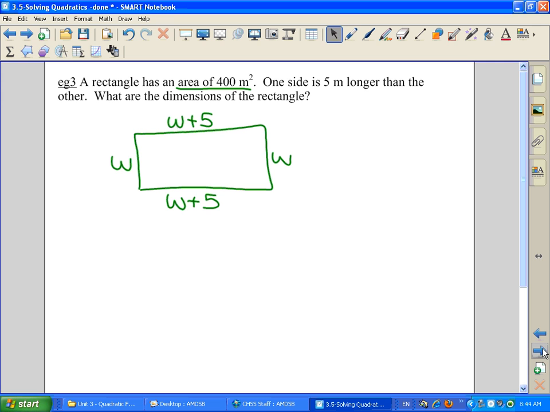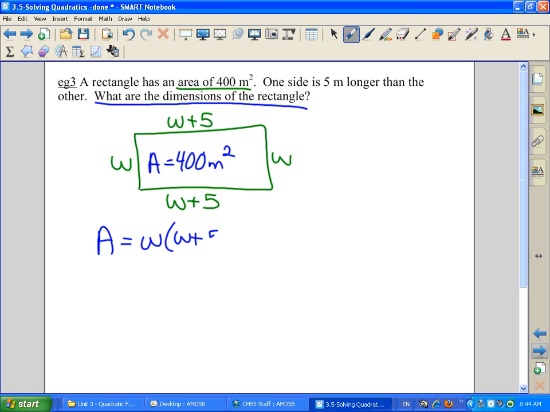Okay, and in this case, we know the area, so area equals 400 meters squared. The question is, what are the dimensions of this rectangle? Well, what do we know? Area equals the width times the length, which is W plus 5. If we expand that, we know that's W squared plus 5W, but we can also substitute in our area, which